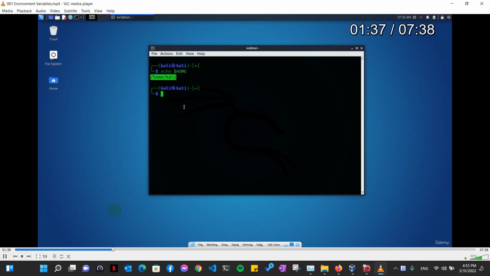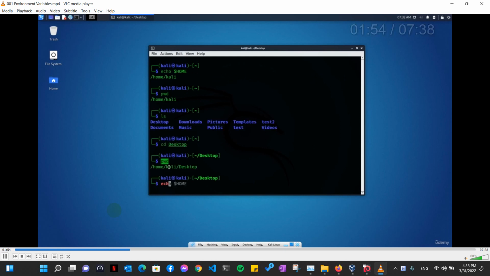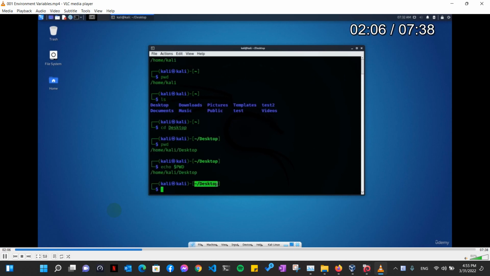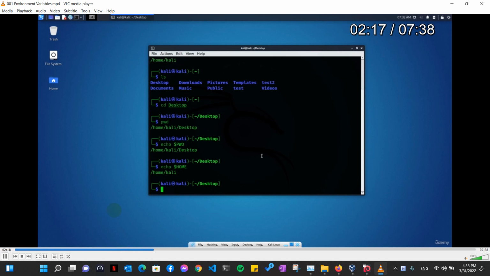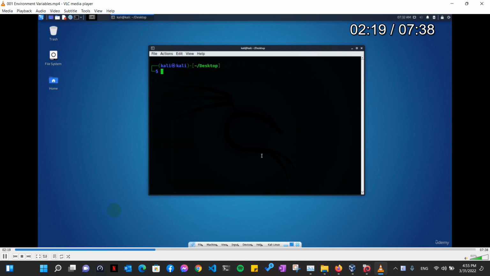Also we can use it as we saw. By the way, we are inside the tilde, which is the home sign. pwd will show us the same, or echo the pwd. All right, inside the bash. So first let's clear the screen, but inside it will show us google.com, but if I type or if I